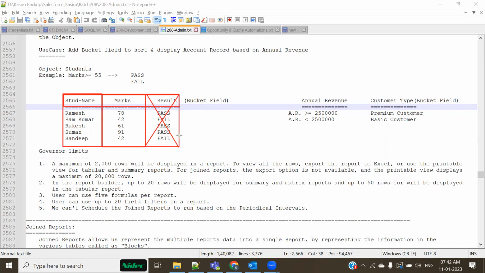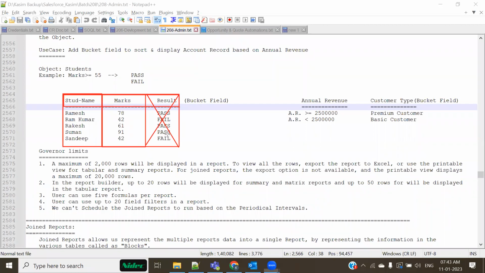Now there are two possibilities if you wanted to add result as a column into your report. Listen to this very carefully, guys. And see, bucket field, what you are going to learn right now.